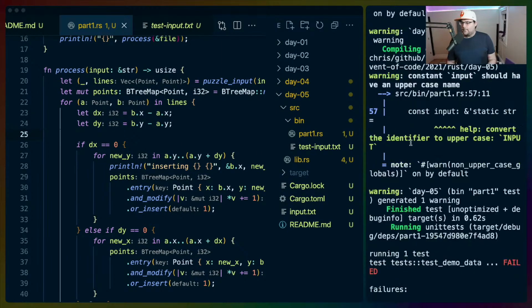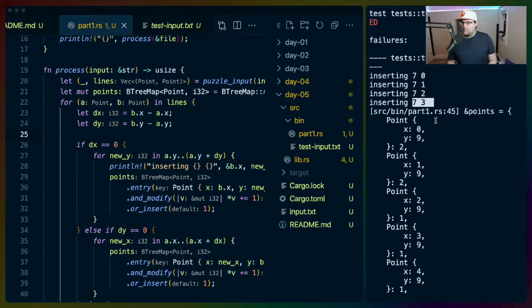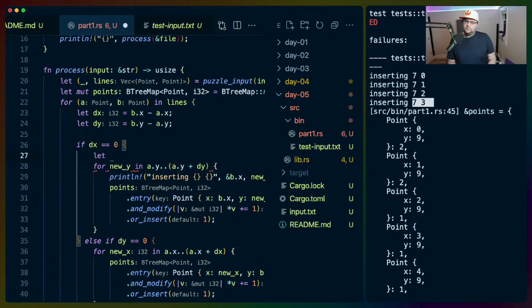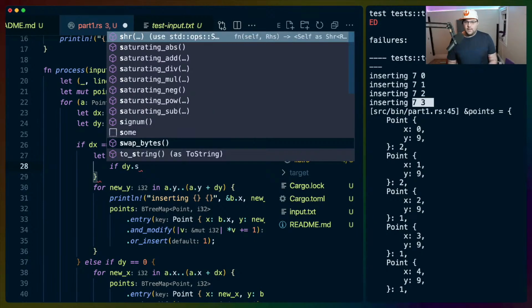We'll run this again. 70717273. So if dx equals 0, let first second equals, if dy dot